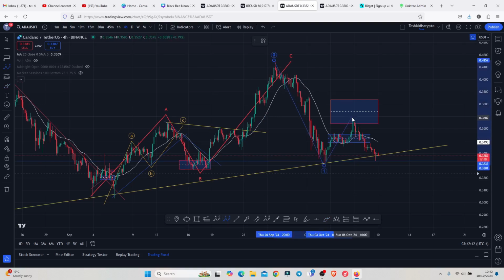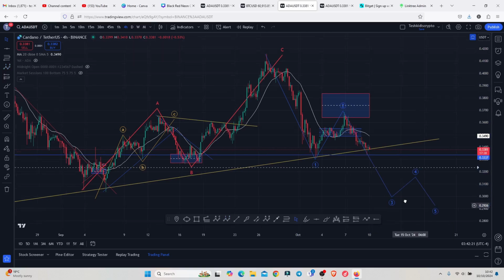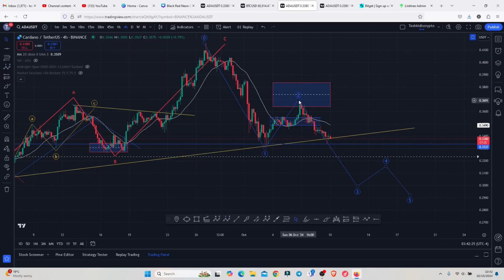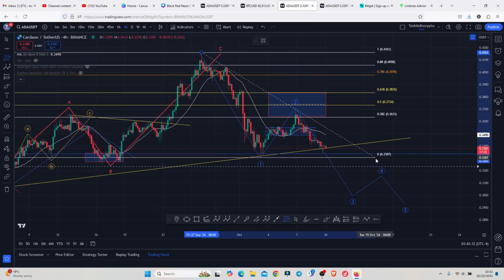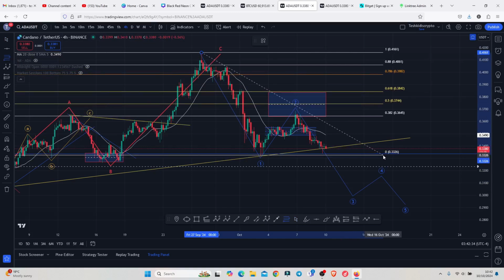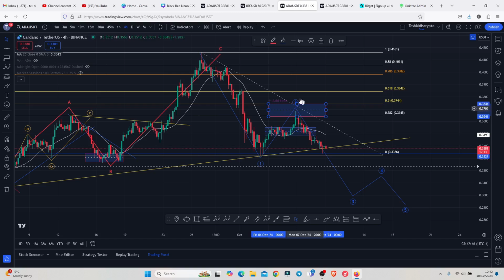Then this bounce over here was a wave 2, and whatever is playing out at the moment could be the start of an impulsive Elliott wave count 3, then a wave 4, and then a wave 5 to the lower side. And to show you that this is a possible wave 2 over here, if I connect the Fibonacci from the high of the first wave to the low of this wave one, you can see that we managed to bounce to the area between the Fib level 0.382 and the Fib level 0.5, which is a significant target for Elliott wave count 2s,